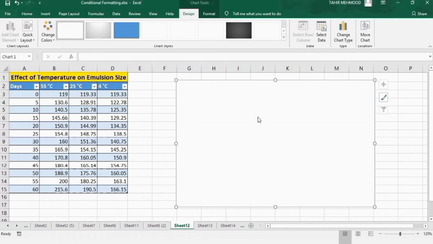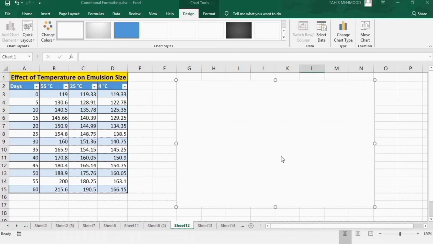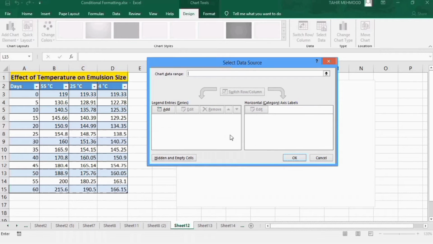I will resize it. Next, right click here. You will find the option of select data. Click here, and here you will find the option of add. Plus here